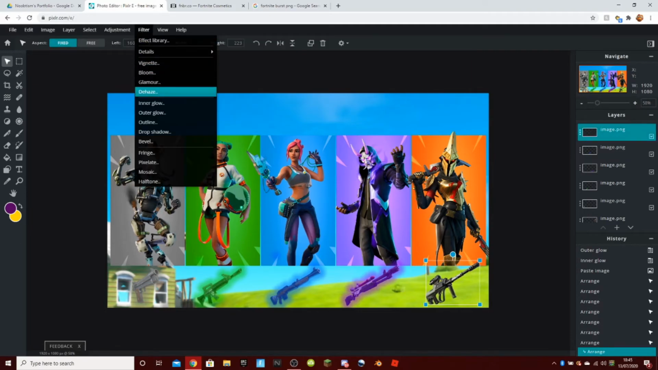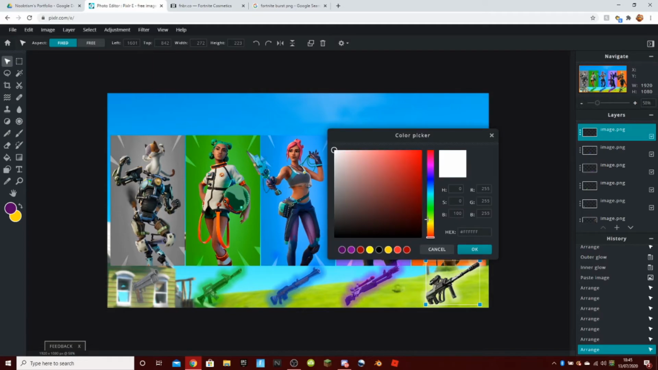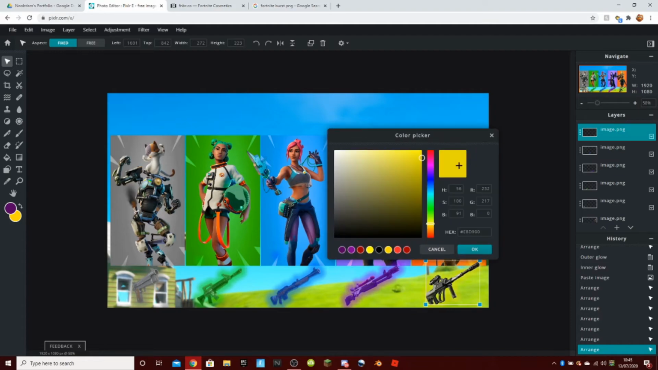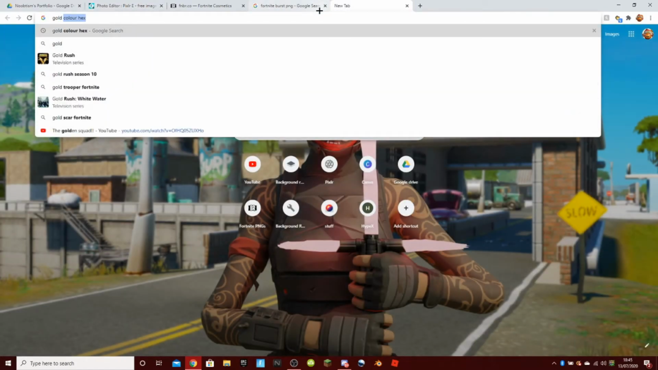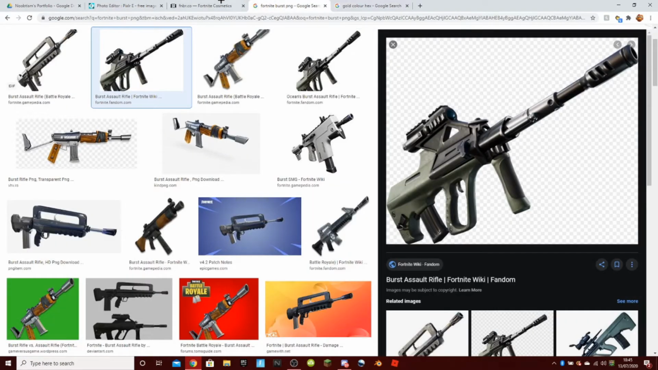There we go. Filter, outer glow, 40. Pretty much the same, but I'm gonna be picky. You can kind of do a yellowish like that, or you can search up gold color hex like this, the hex triplet, this one, copy,